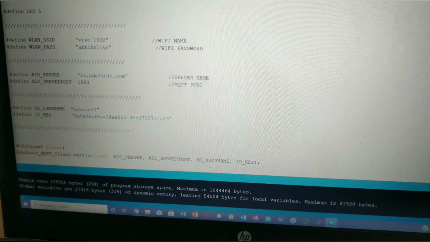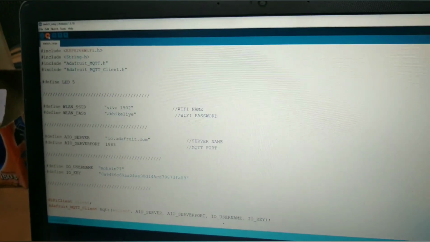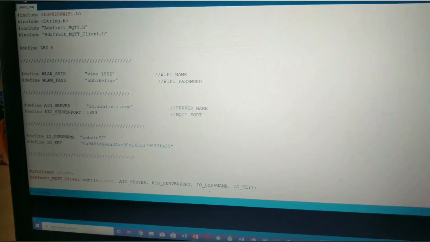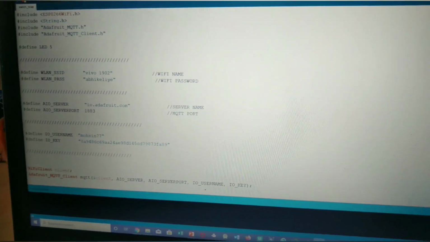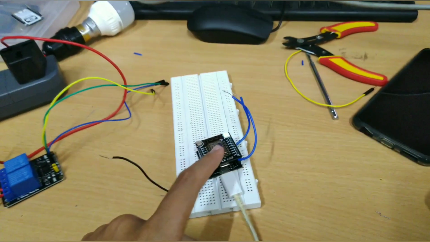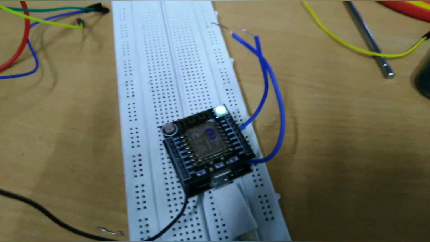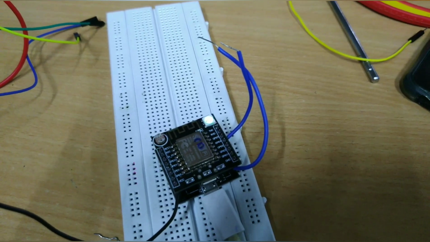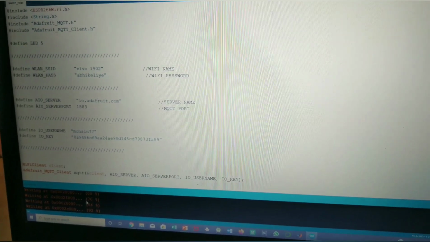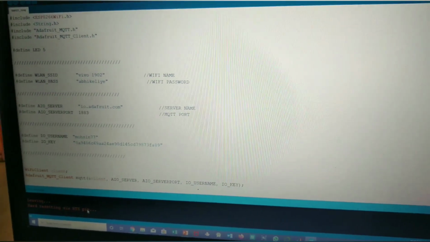It's done compiling, and then we will upload it. Here we can see the LED is blinking as the code is being uploaded, so we will wait for some seconds. Here it's done uploading.